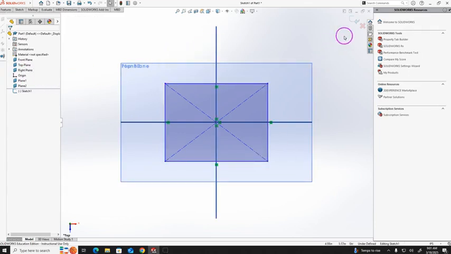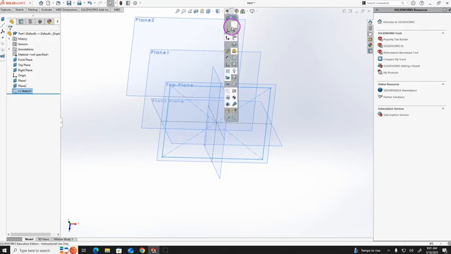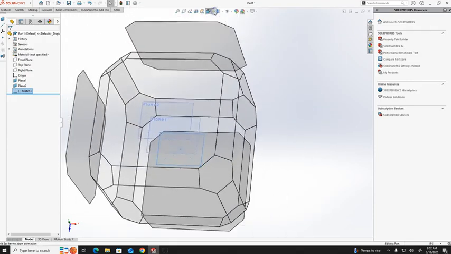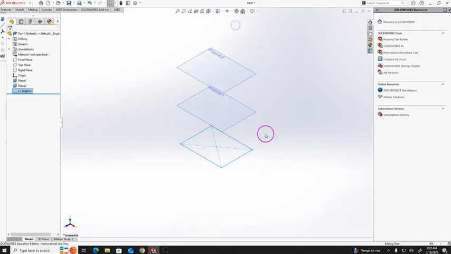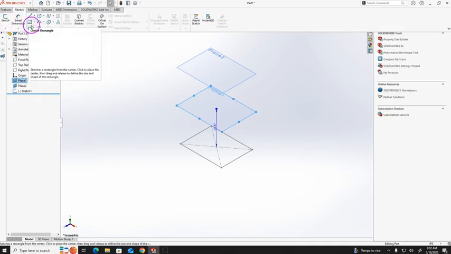Okay, then exit the sketch. I will hide all planes. Okay, then isometric view. So now I will select plane number 1. This sketch I have drawn in the top plane. I will select plane number 1 and I will go to the sketch again, draw the sketch, I will draw